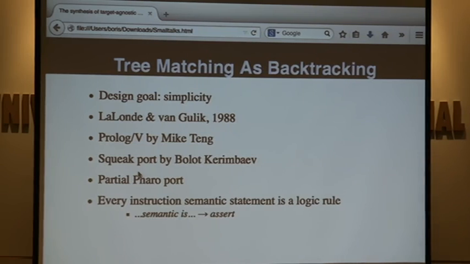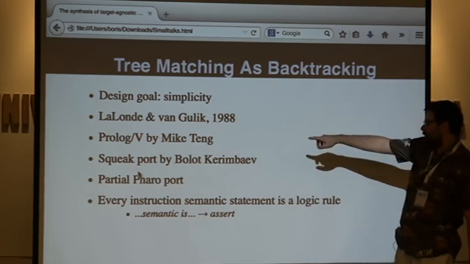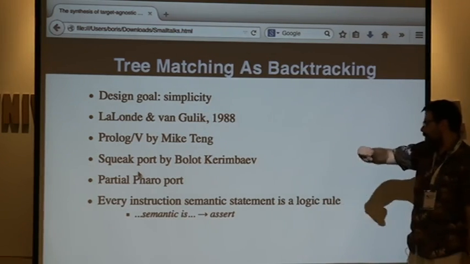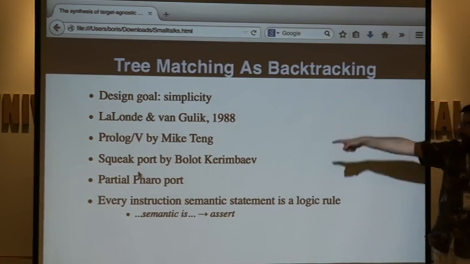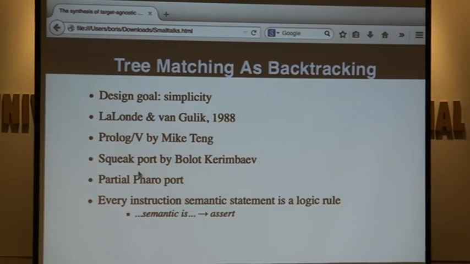Well, first of all, that's code that only runs in Squeak 1. And I was like, meh, I don't really have much time for porting that into contemporary Faro. So there's Prolog V that was done by Mike Tang, and then it was ported by Balot Kirimbaev for Squeak more than a decade ago.